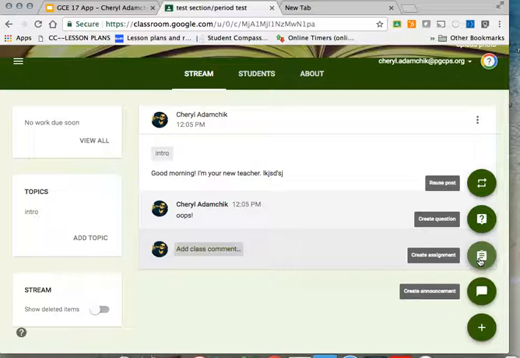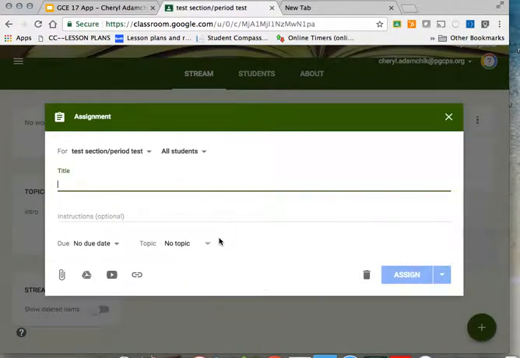Creating an assignment. Okay, so this is great because something new they just added is really helpful, especially as a special ed teacher and as a teacher who has students who often need to make up work after the fact, and sometimes it gets a little confusing for them if you have a long stream of assignments. So